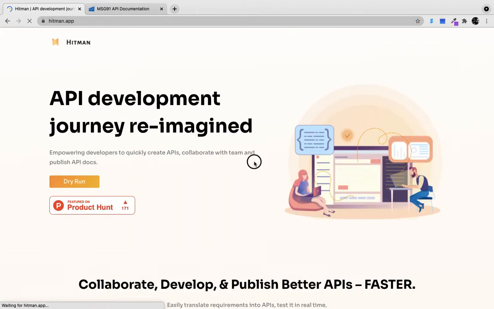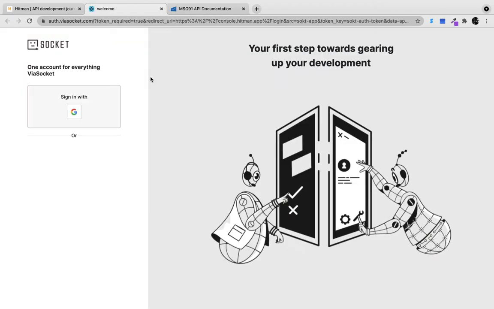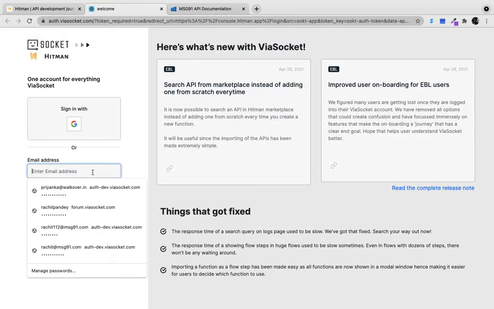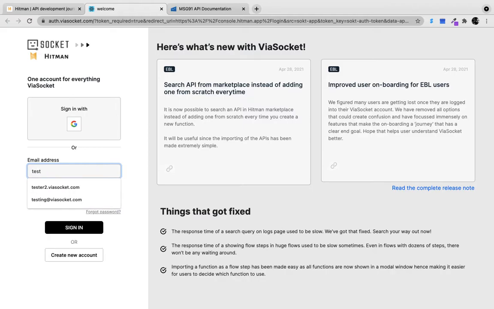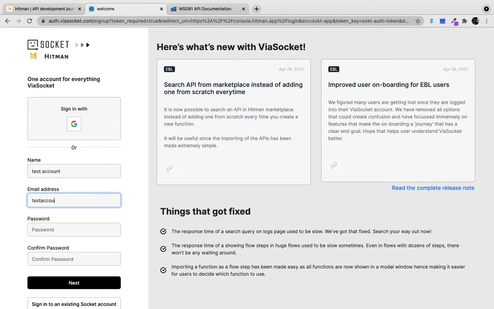Okay, so here we are. Now we'll be creating an account first to show you around the process. Okay, create new. Now I'll be creating a test account, the email address and the password.